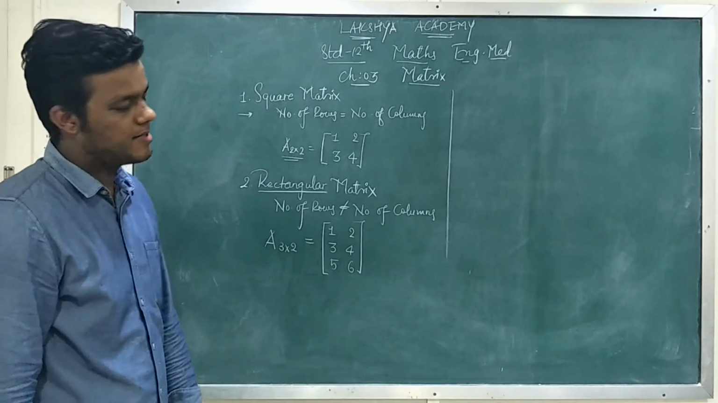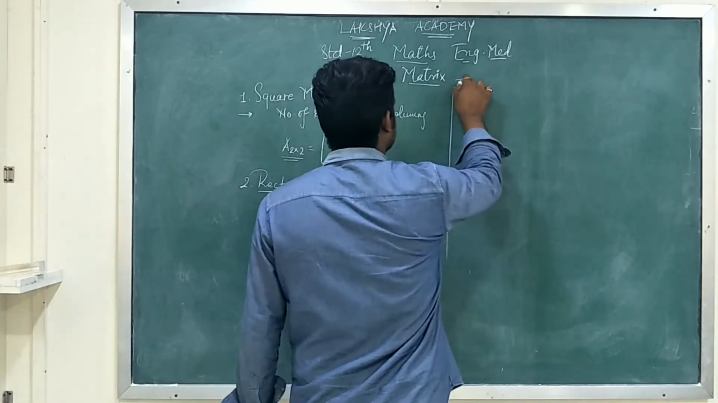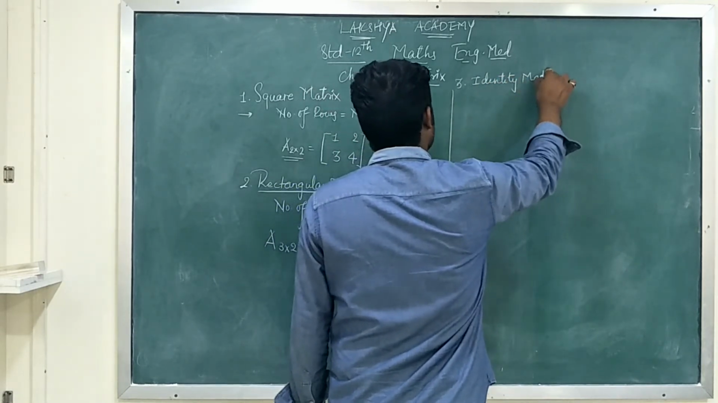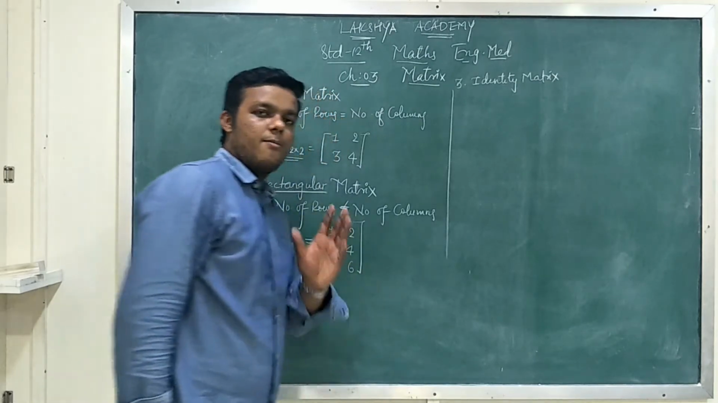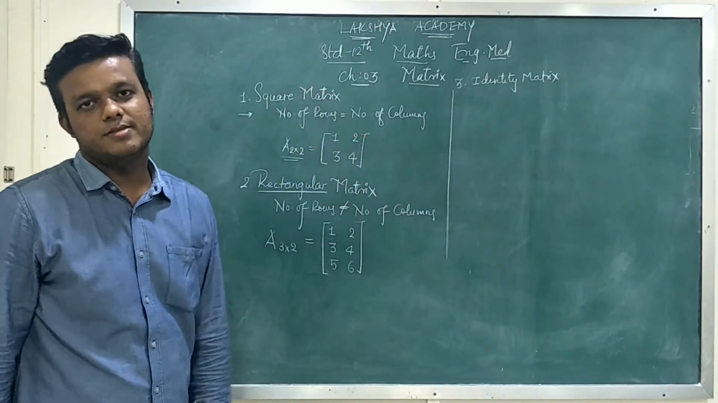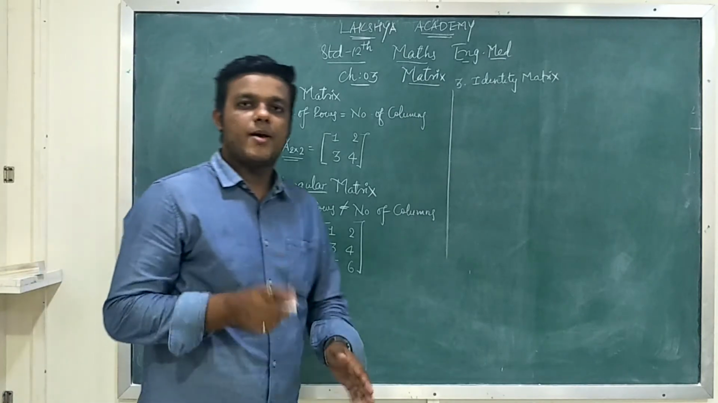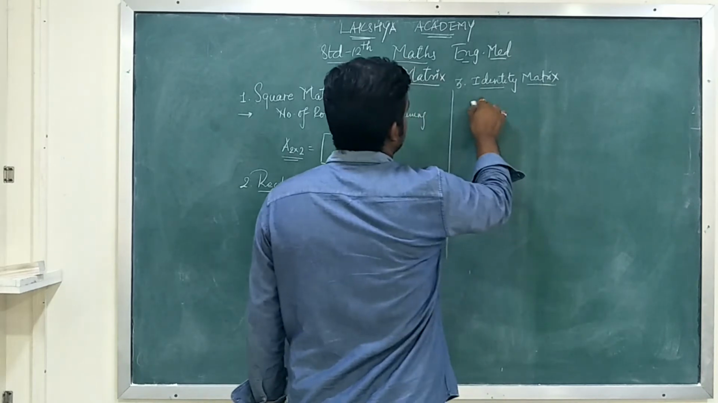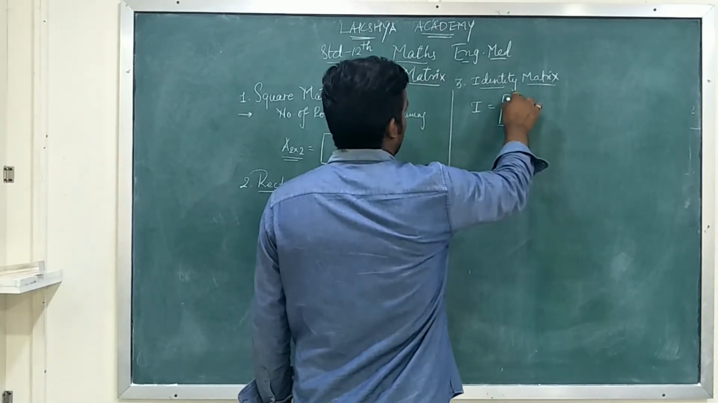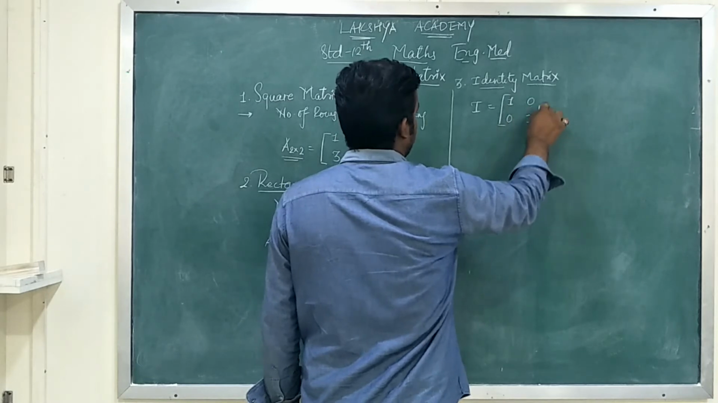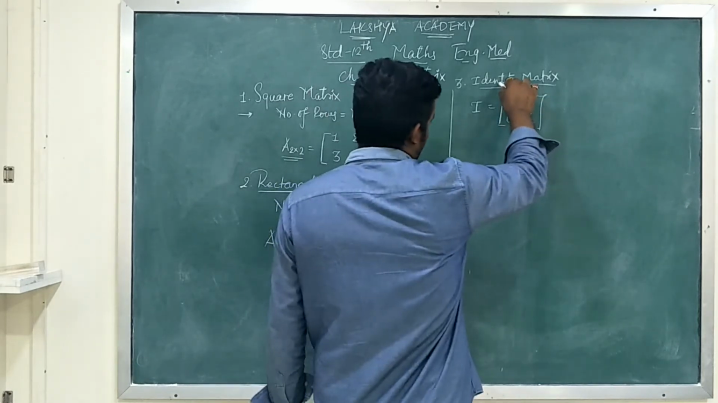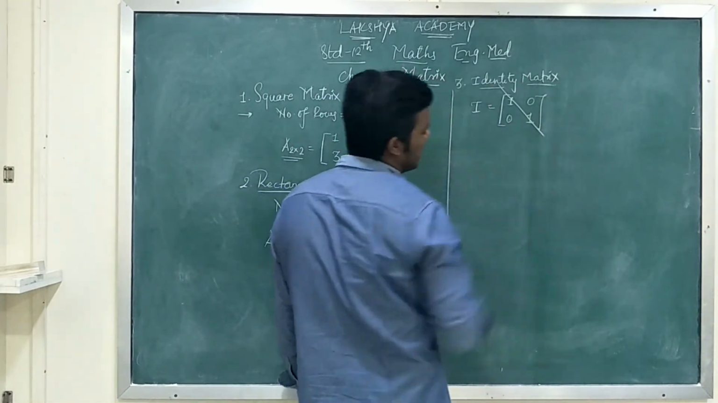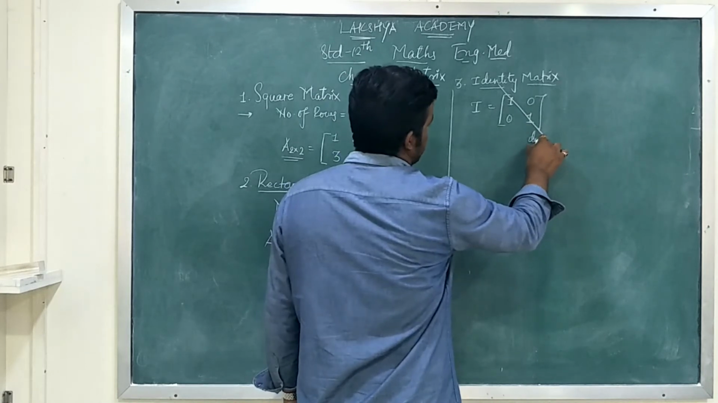Third one is identity matrix. Identity matrix is one in which all the members except the diagonal are 0 and all the members on the diagonal are 1 only. Suppose 1, 0, 0, 1. Here you can see all the members except the diagonal are 0 and all the members on the diagonal are 1. This is the diagonal,